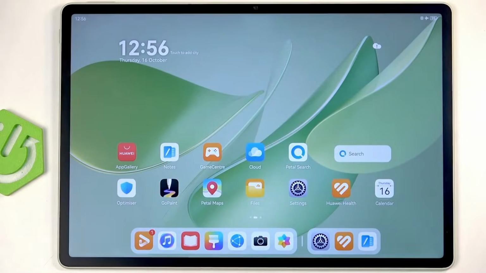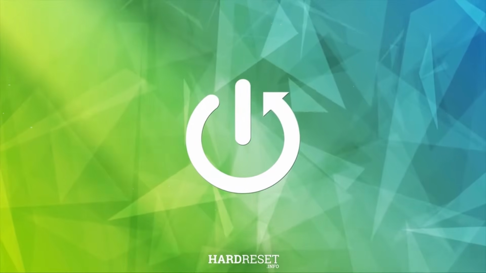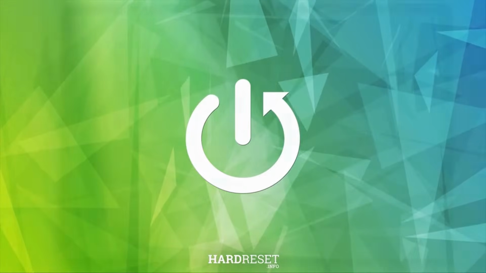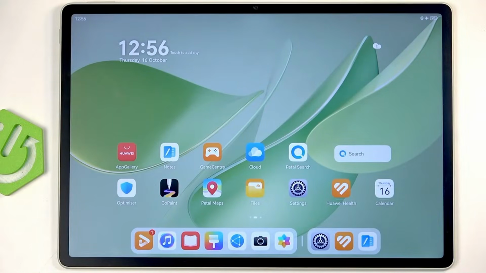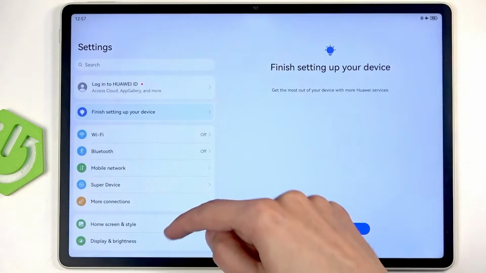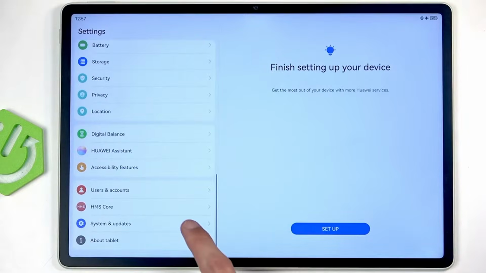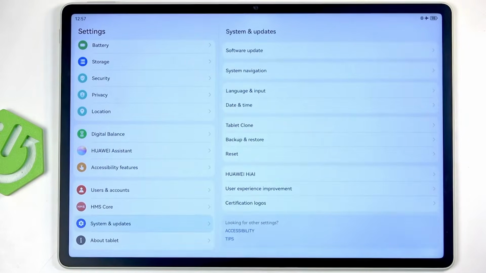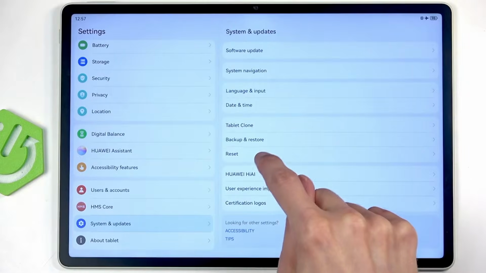Welcome. In front of me is a Huawei MatePad 12X. And today I will show you how you can hard reset this device through settings. So to get started, you will want to open up your settings, and in here we're going to scroll down to System and Update, and from here select Reset